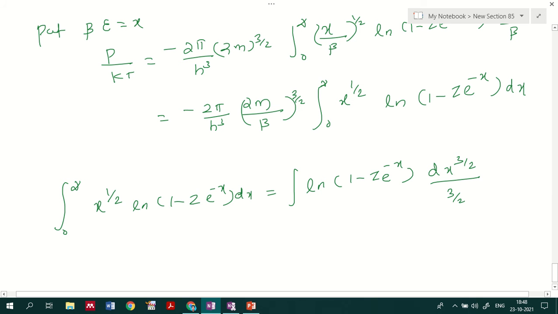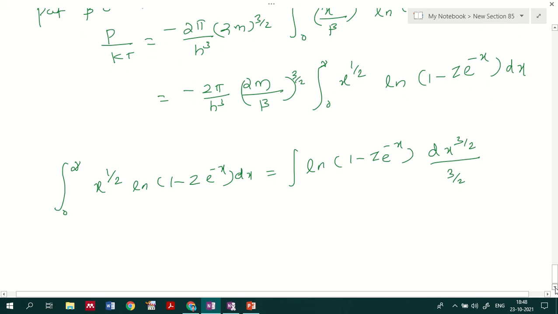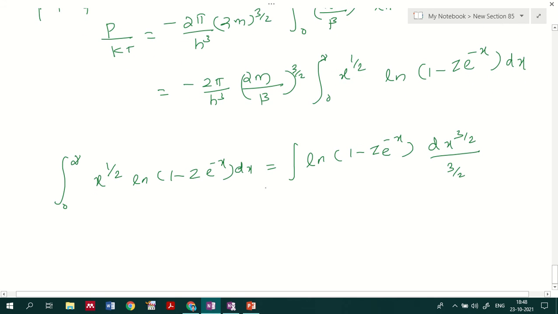So it is equal to, if you are taking the differential of x raised to 3 by 2, you will again be getting x raised to 1 by 2 ln, in that fashion. Okay, so I am just solving out this integral representation here. So by solving that I'll be getting, this I can write as ln into 1 minus z e raised to